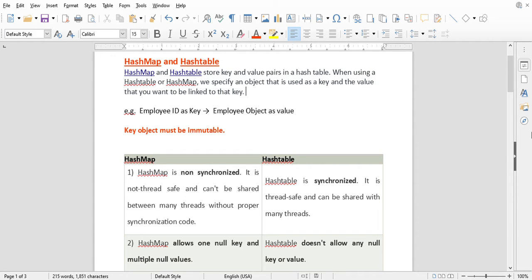Hi friends, welcome back. Today we are going to discuss an important data structure in Java called HashMap and HashTable. Whenever we need a key-value pair kind of data structure, where we have keys and want to hold the values corresponding to the keys and retrieve them in constant time, like O(1),